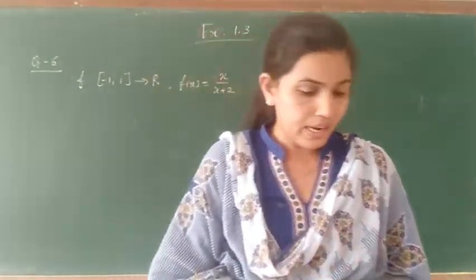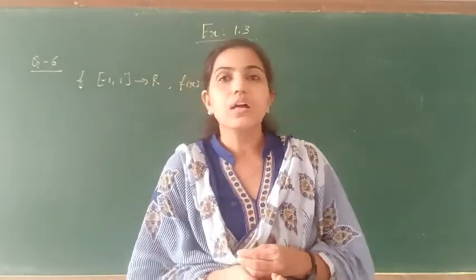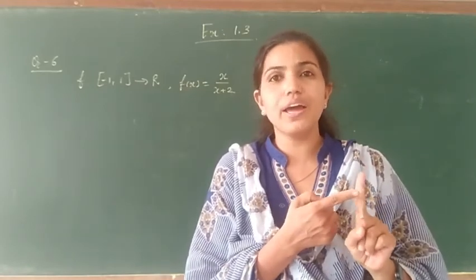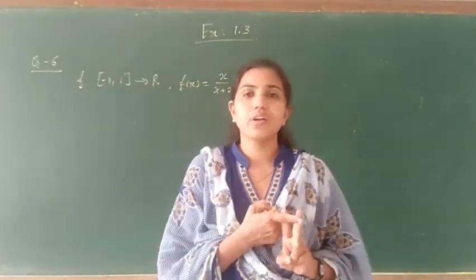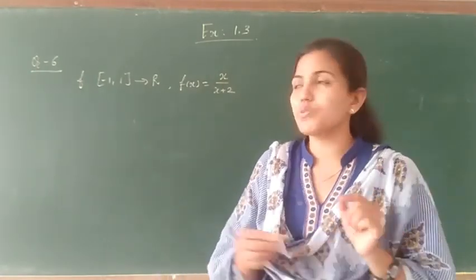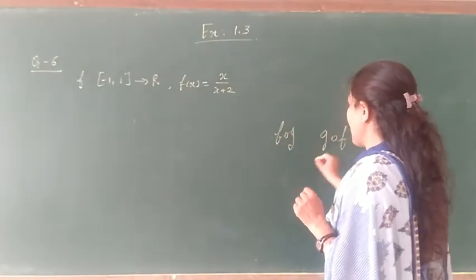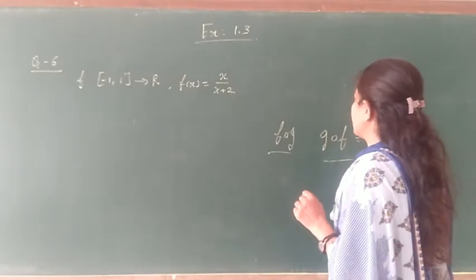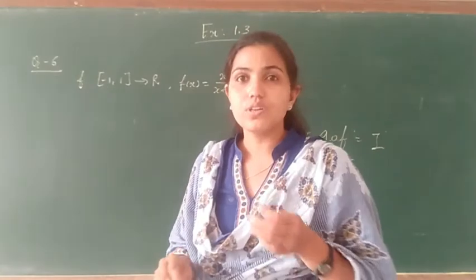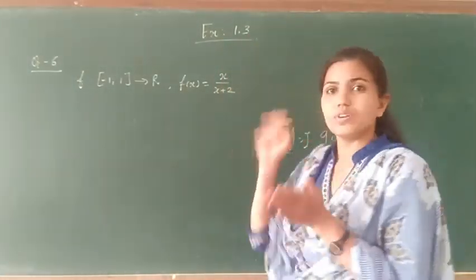Now till now we know that whenever we need to prove that a function is invertible, there are two things we can do. First, show that the function is 1-1 and onto. And the second thing, we can find another function g such that f composition g and g composition f are both equal to identity. So this we know. Now this much knowledge we have, and with this we are proceeding further.